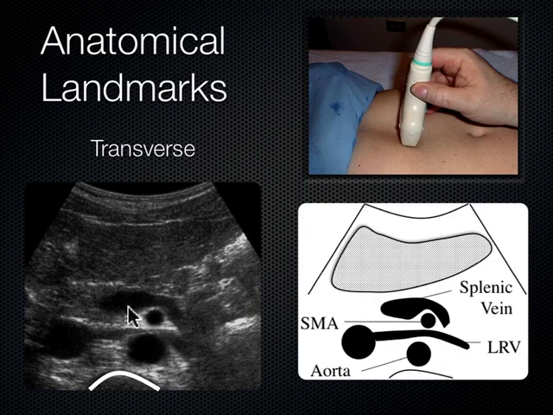You see that there? That's the splenic vein. The splenic vein is taking blood from the spleen, which is over here somewhere on the left side of the body, and bringing it back. Eventually it combines with the superior mesenteric vein to make the portal vein, which then empties into the liver and gets filtered by the liver. So that's where that splenic vein is trying to go, to become the portal vein eventually when it meets up with